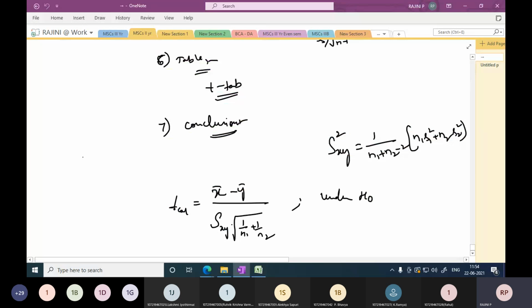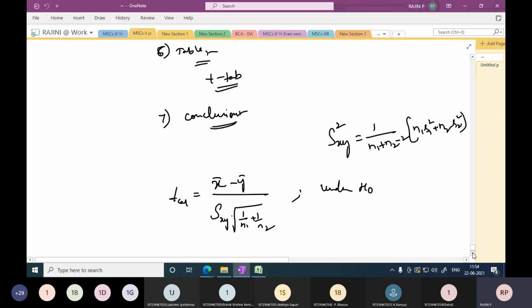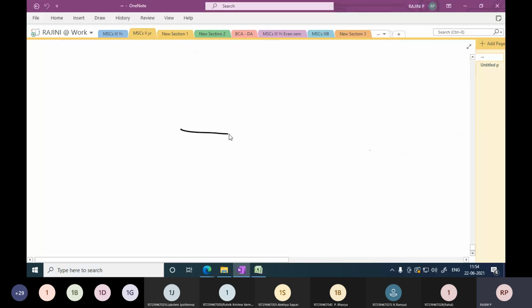Suppose you are having a left tail value. Left tail value means this is the curve you will be having. T-test curve is like this. This is t is equal to 0, and minus infinity to plus infinity. Left tail means on the left side you will have a critical value. This is minus t alpha. Okay, and see when you are accepting and when you are rejecting the null hypothesis, you just tell me